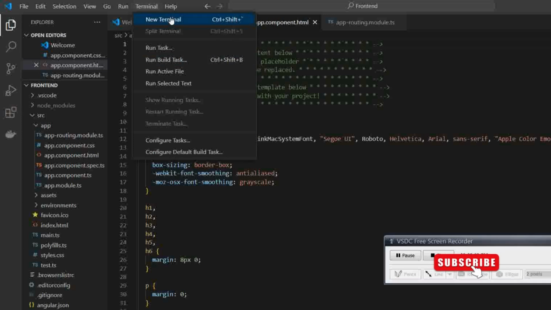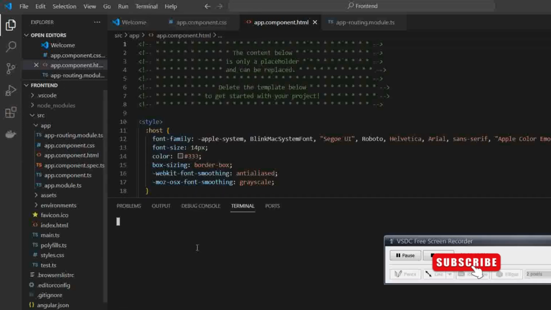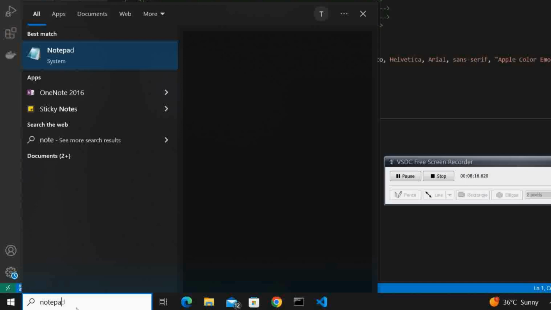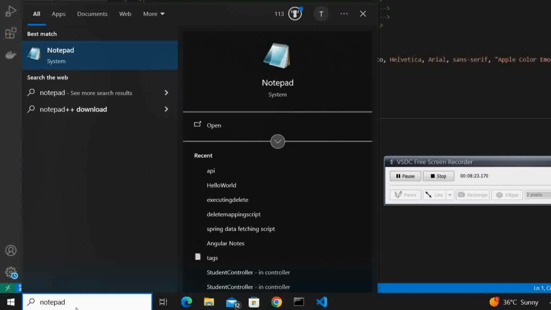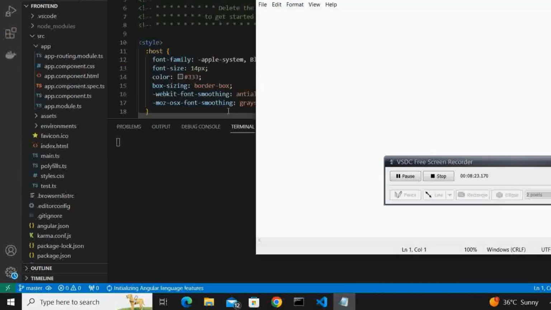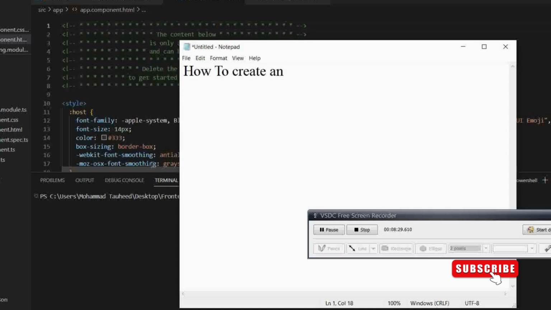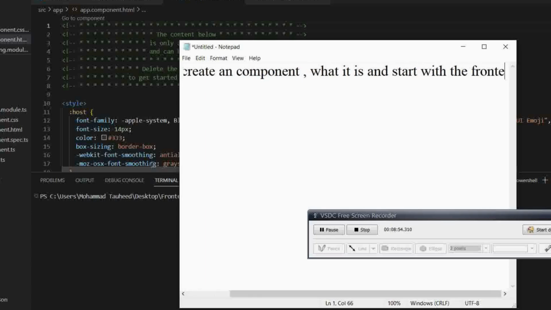I will start a new terminal using Terminal, then New Terminal. I will also start our notepad, so that I can tell you what we will be looking at: how to code, how to generate or create a component, what it is, and how to start with our front-end project. Okay,